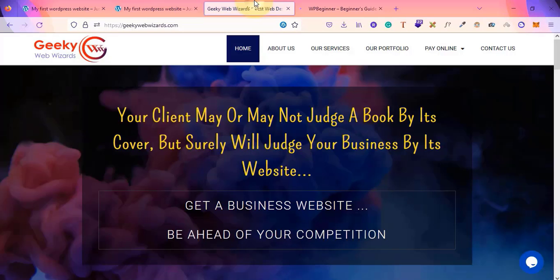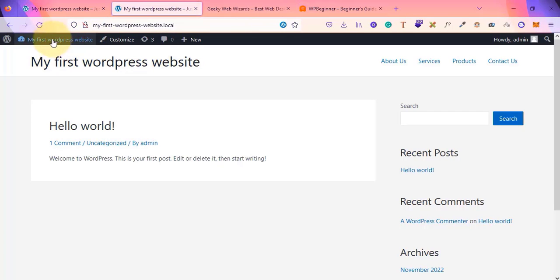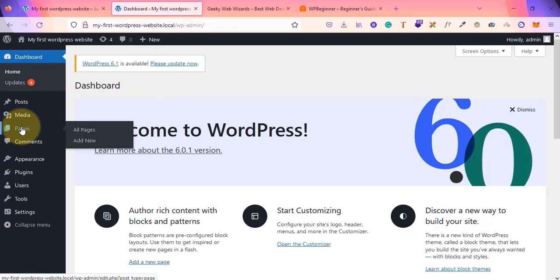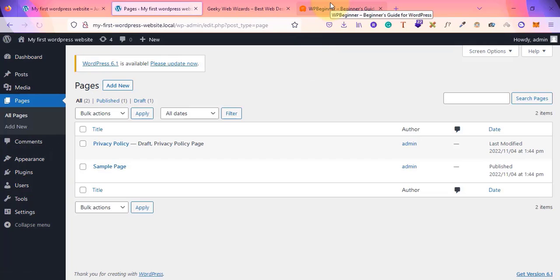Okay, before that, what we will do, we'll go back to our dashboard, and then I'll show you how to add a new page. Go to page. Don't worry, I'll explain these two websites very soon. But before that, I want to explain you how to add new pages and delete pages. If you go to pages, you'll be able to see this screen, and this screen is nothing but the available pages list, right? So these are the two pages that we get as soon as we install WordPress. So if you want to create new page, you simply click on add new,